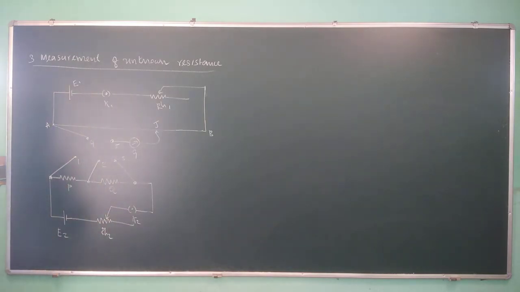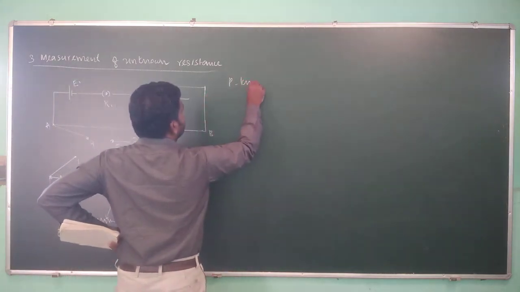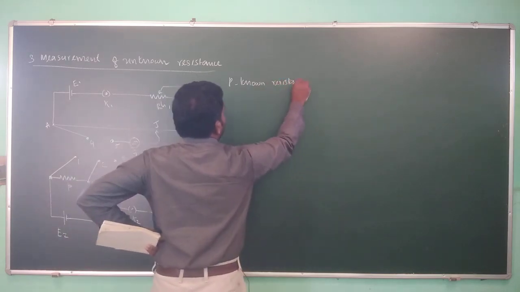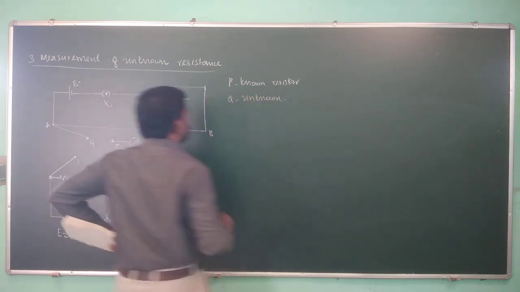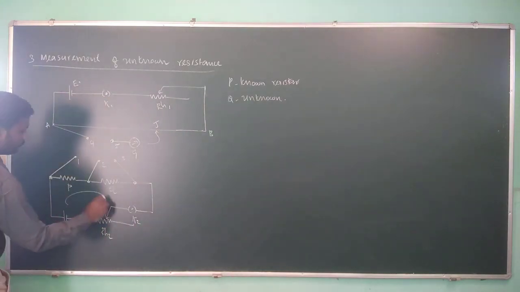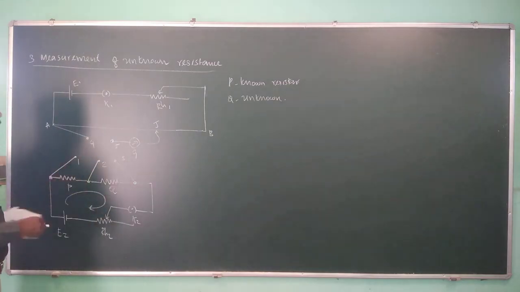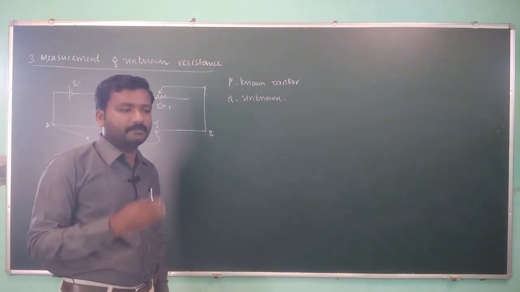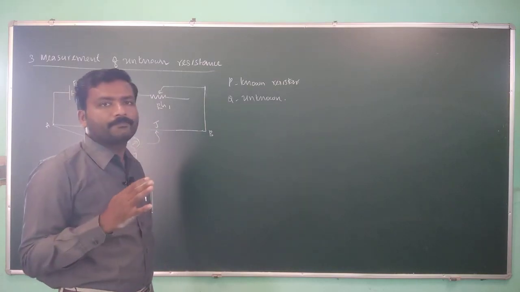Now see, this resistor P is a known resistor, while Q is unknown, and this is to be measured. For this purpose, we are going to apply some current using the battery. In series, the potential will be divided, but the current is not divided. It will be the same. If there are multiple components in series, the current is equal in all of them.